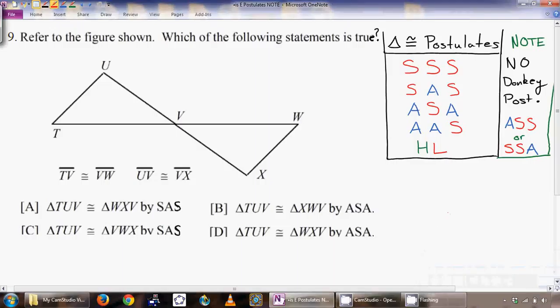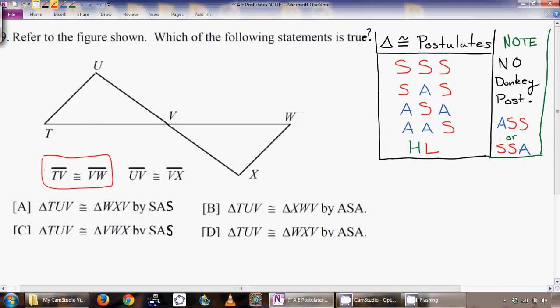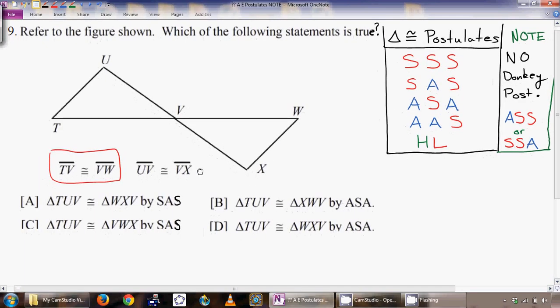Problem 9, very, very close to problem number 8. Just this is a little bit more difficult, and you'll see why in a moment. But we have our diagram. Okay, we got our diagram and some givens here. So let me throw this given in. Segment TV. So from